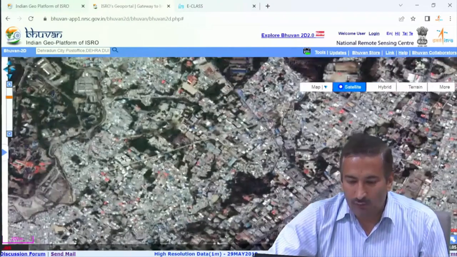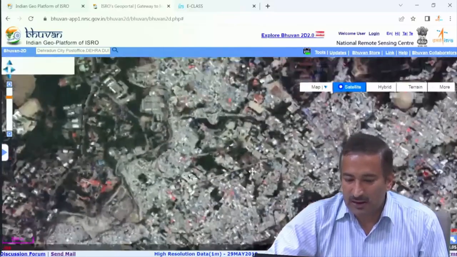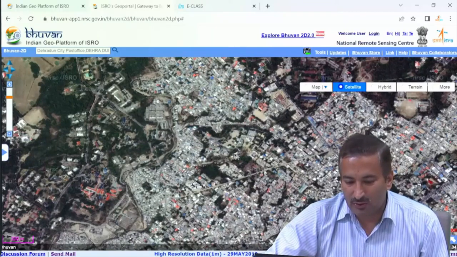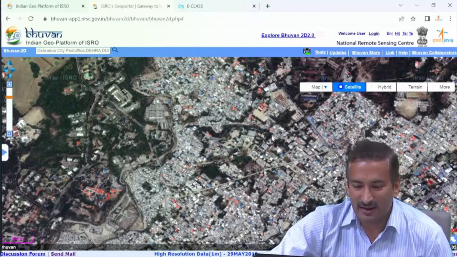And similarly, if you go from here, this is another big road. This is known as Kalidas road, and our campus is near this Kalidas road only. So this looks somewhat like a campus or some institute, and I know that this is the Indian Institute of Remote Sensing over here. Now my experiment will be, I want to calculate in how much area this particular institute is situated.